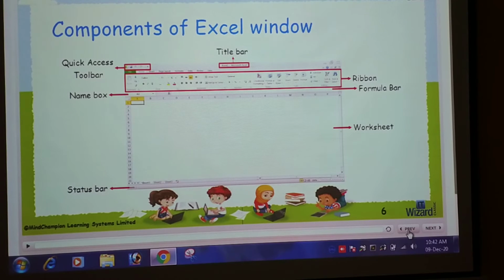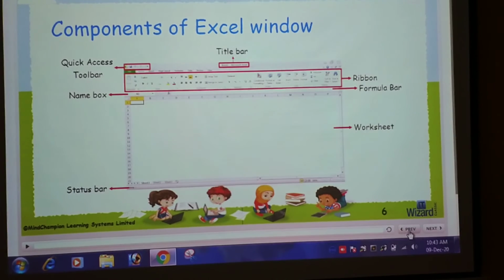What is the title bar? A title bar is a horizontal bar at the top of the window. It displays the name of the file, the name of the current workbook. Now second is quick access toolbar.